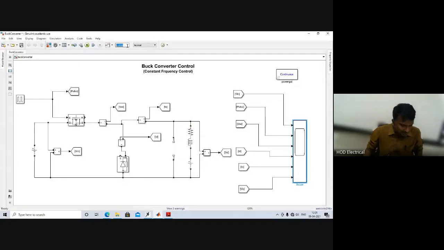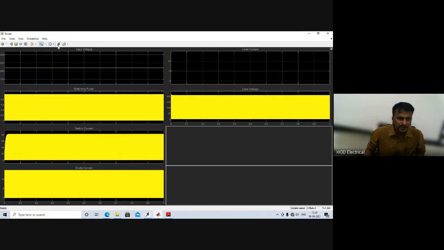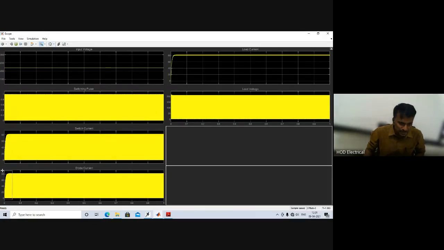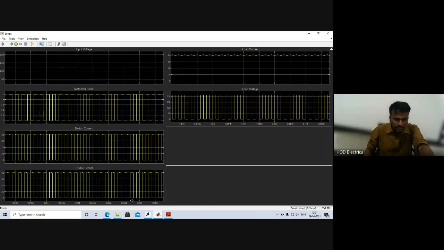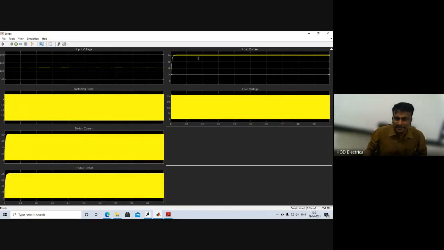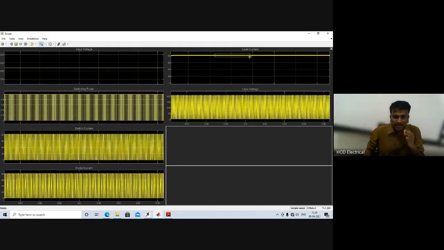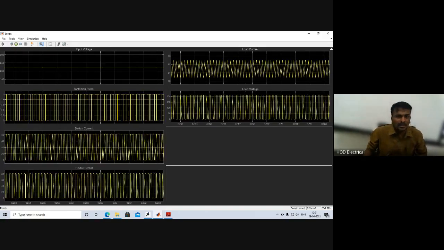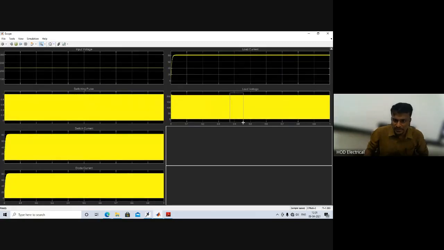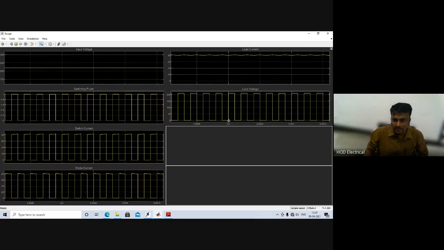Now if you run the simulation for 1 second, see here the waveform, the diode current will increase and then settle down to the maximum value. For understanding, you have to go through this steady state value. As the inductance value is more, the inductive current will increase and stay constant. Due to the increase in inductance, it makes the inductive current smooth, and the load current as well. Then similarly this is the output voltage, with on time and off time of 50%.